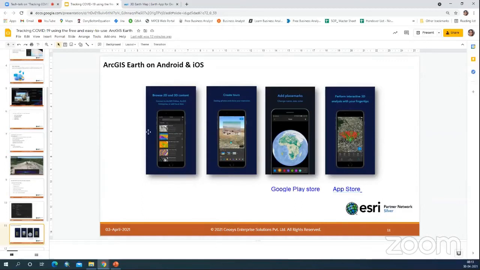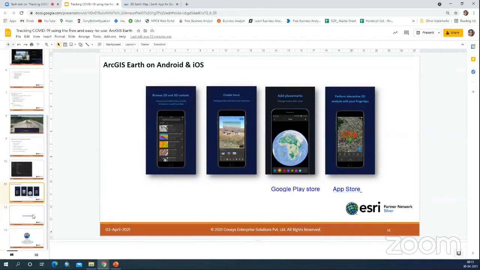You can browse your 2D data and 3D data. You can connect to ArcGIS Online, you can connect to your ArcGIS Enterprise account, or you can access the local data on your mobile. You can create tours, you can create placemarks, you can create line features and polygon features, you can bookmark the features, and you can view the data in 3D.